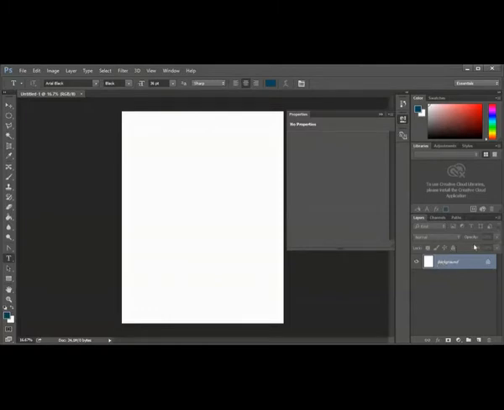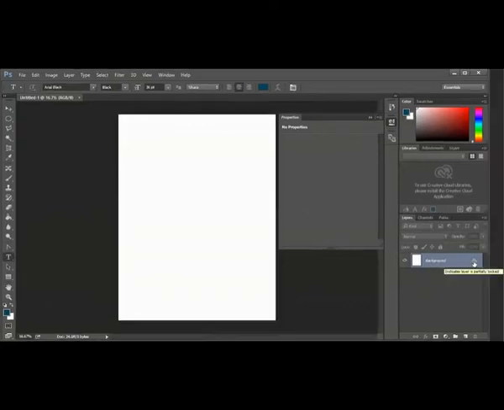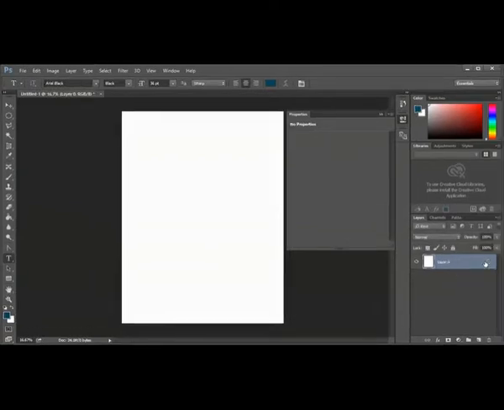You can see that these buttons are not active now. This lock button is not active. Normal here is not active. This filter is not active because this is not a layer. So how can I change the background to a layer? I just click this lock button here. Now we can see the name has been changed to layer. That means all these buttons are active now. So we created a layer which is just a white background.